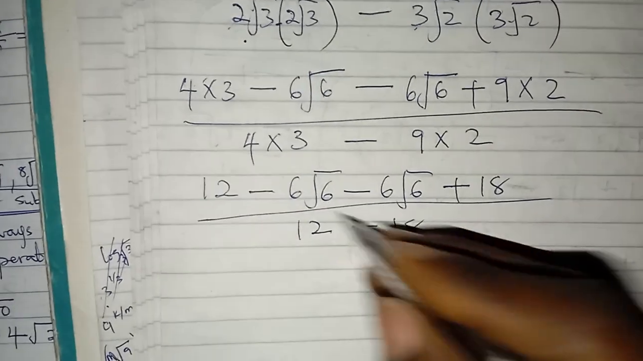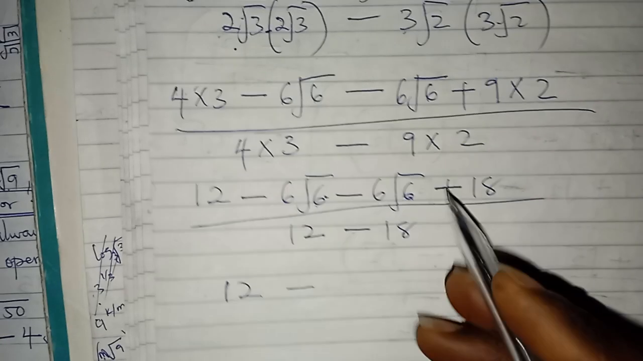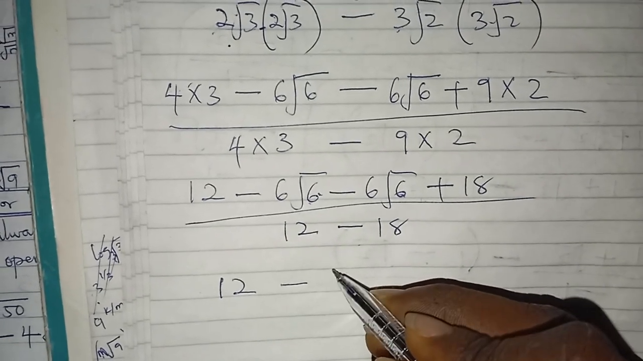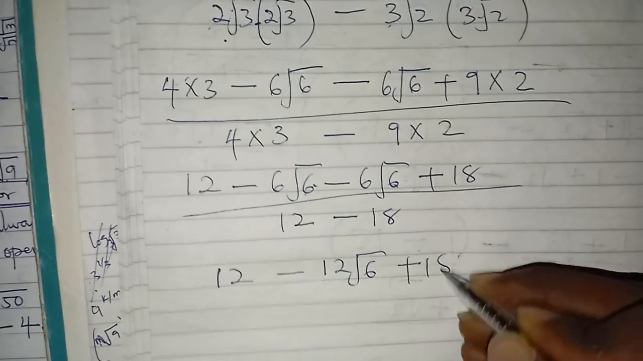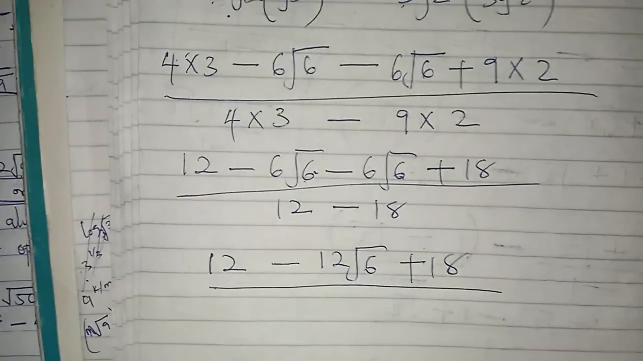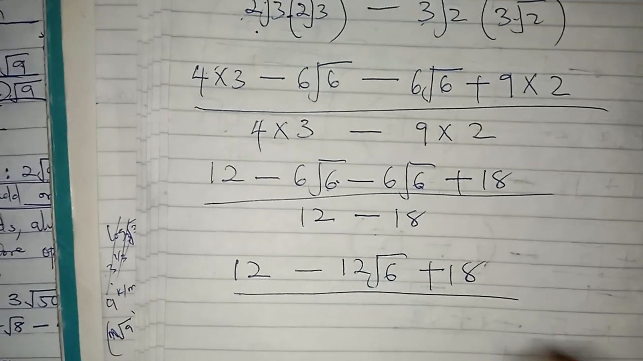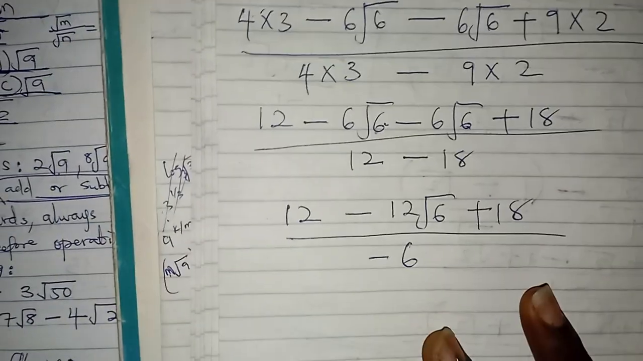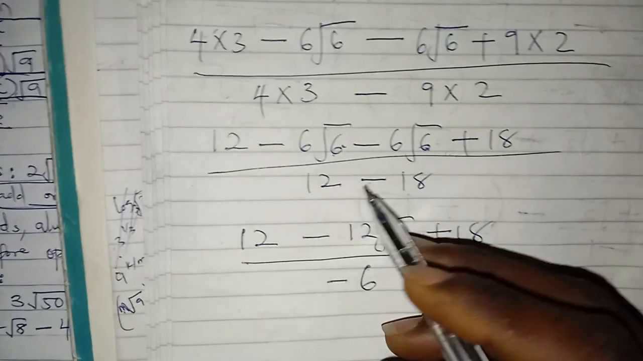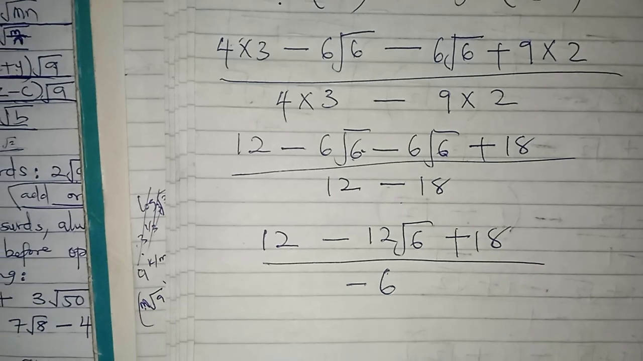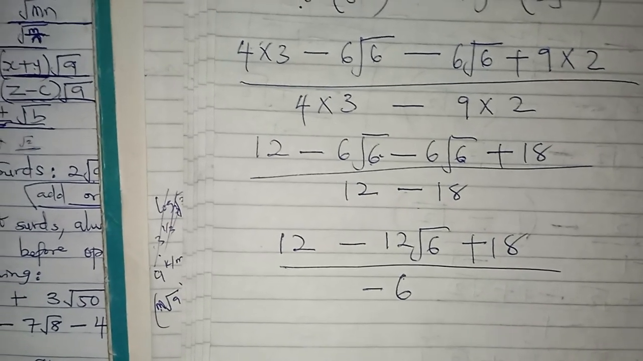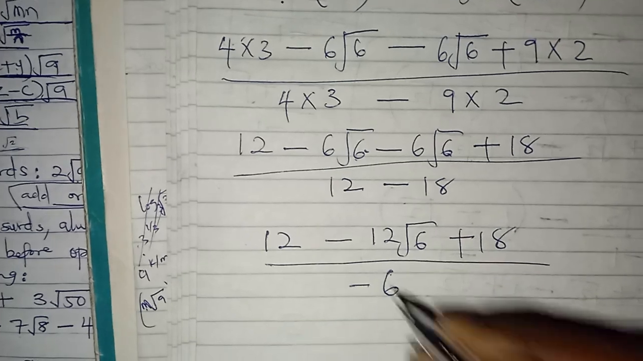So I now have 12. This is root 6, this is root 6. They are similar, so they can apply the same principle. Minus 6 is minus 12 root 6 plus 18. That is 12 minus 18 is minus 6. Should be? Yes. So we can very well see now that this is the same thing as saying